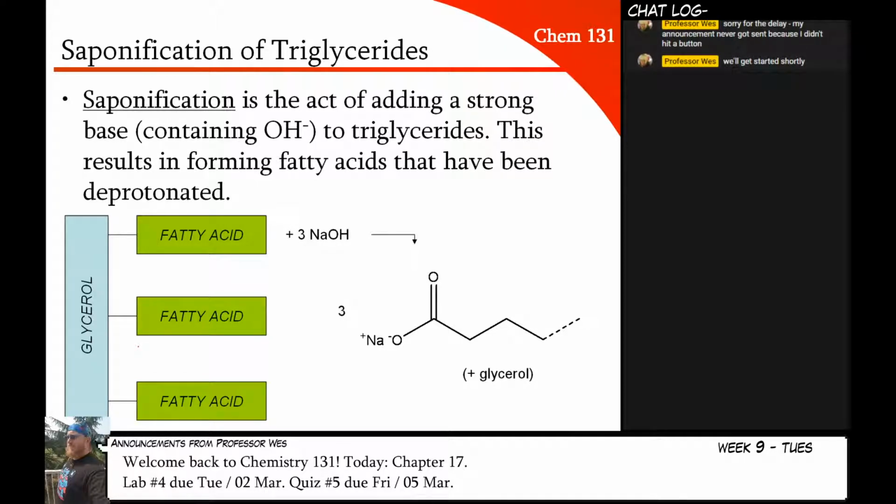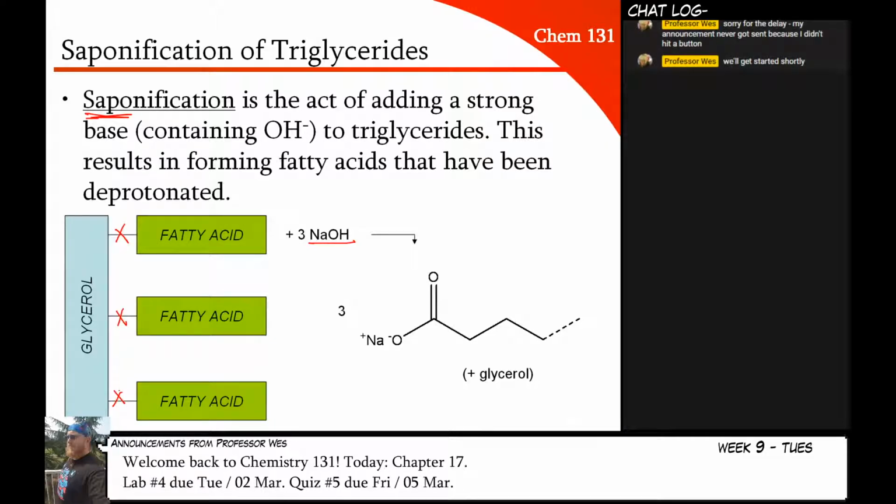You might think, well, that sounds kind of like soap, except somebody misspelled it, right? And yeah, saponification is actually how we make soap. What we do is we take a strong base. Sodium hydroxide is very cheap and available, so we use that most of the time. When you mix sodium hydroxide with the fatty acid, you break the ester